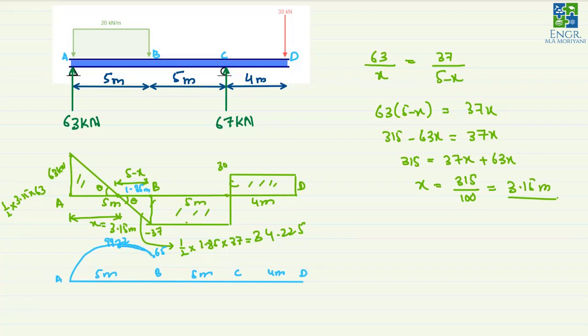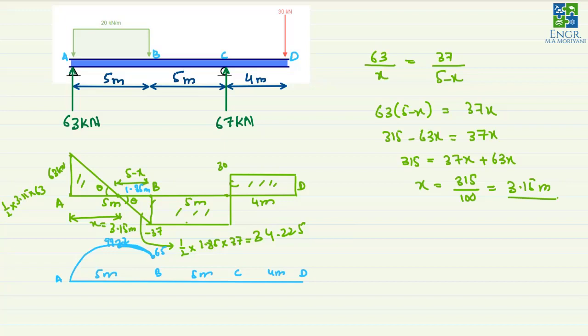So this is again connected by a 2-degree curve, because this is a straight line and this is the integration of that particular shear force diagram, so this should be again a 2-degree curve, which is parabolic in nature. And after this point, there is a constant shear force, and the magnitude of which is 37 multiplied by 5. The area is 185. So from this B point to C point, there should be a negative difference of minus 185.